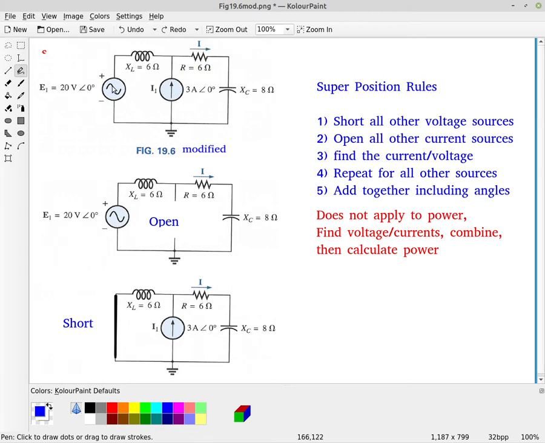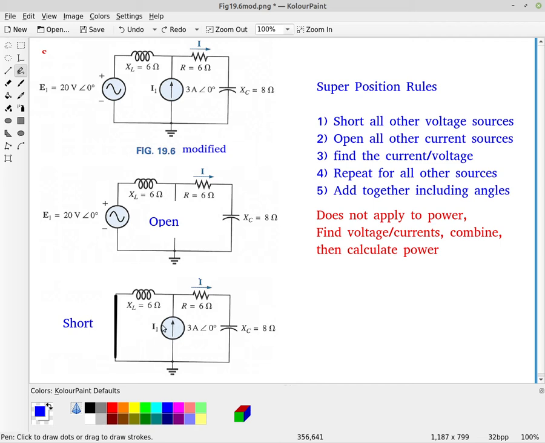you can do is just pick one supply at a time. So I've got this voltage supply here, and I can find the current due to just this voltage supply, and then find the current due to the second supply. In this case it's a current supply, but I'll find the current. In this case I'm finding the current through this resistor,